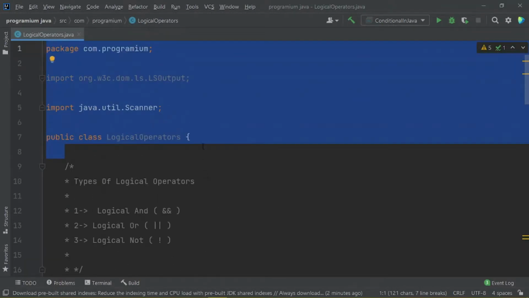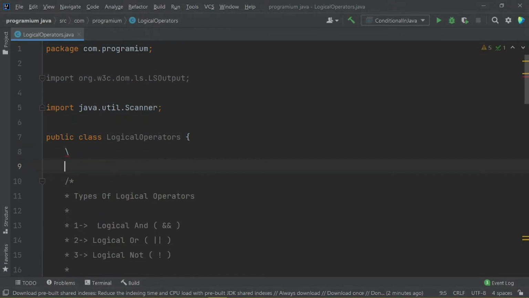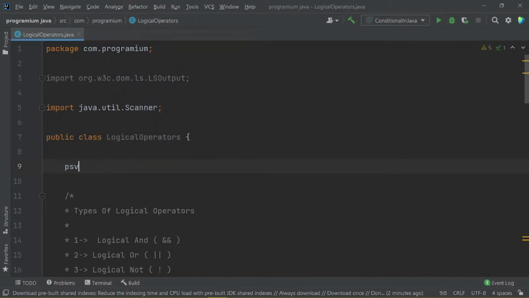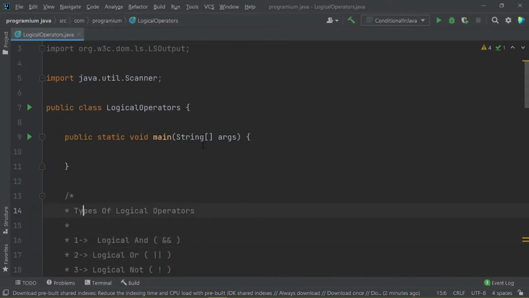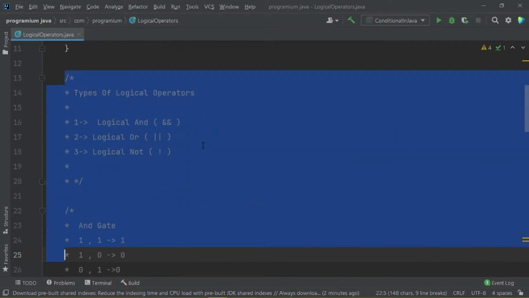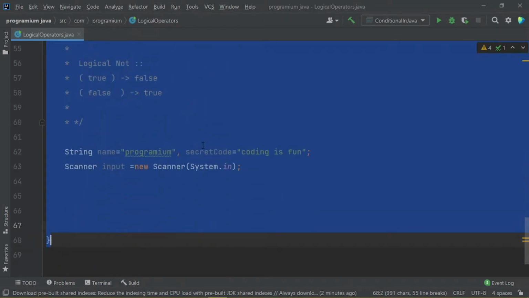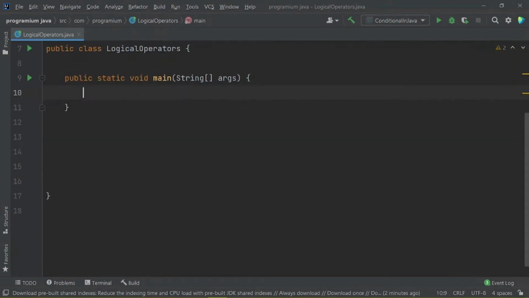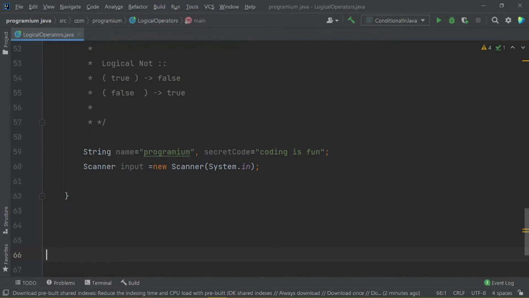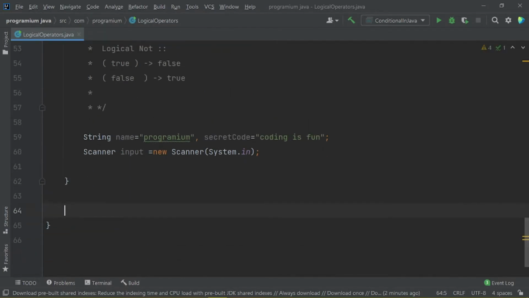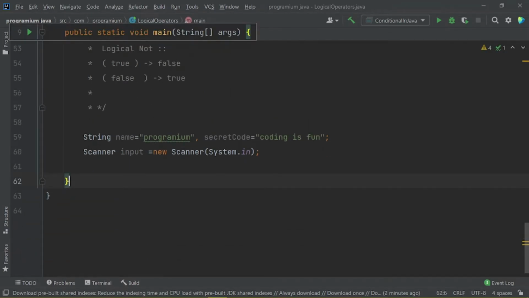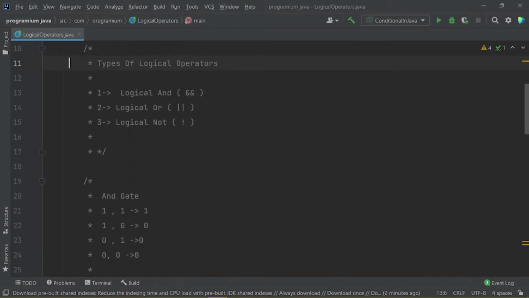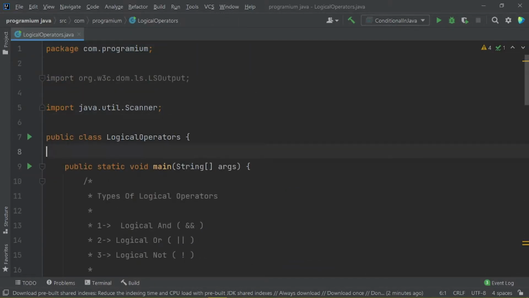So this was the error right now. Let me just put a main method here, and cut all these things from here and paste it here. So guys, every time you create a new class or new Java file, you should put the main method first and then start coding.